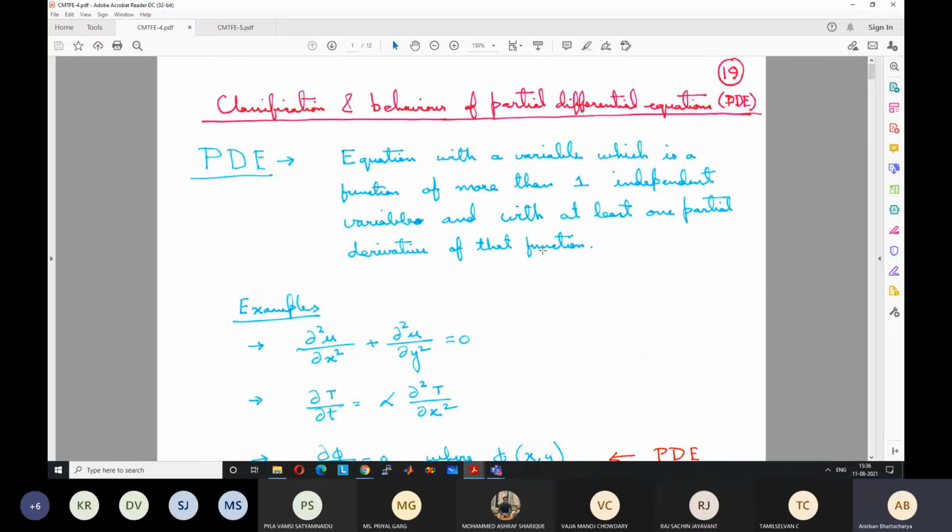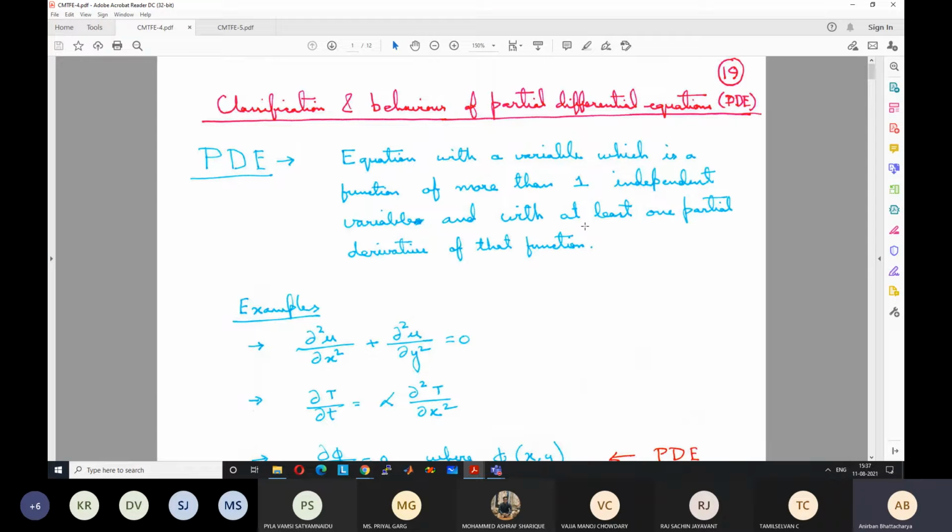Okay. So there can be many types of classification. We will classify in a way where we have three types of PDEs: elliptic PDEs, then parabolic PDEs, and hyperbolic PDEs. For each of them, the nature or the behavior is different. As a result, if we develop algorithms which suit this behavior, it is much more beneficial. It is easier to solve the problem. So that is why we want to study a little bit about second order partial differential equations and their